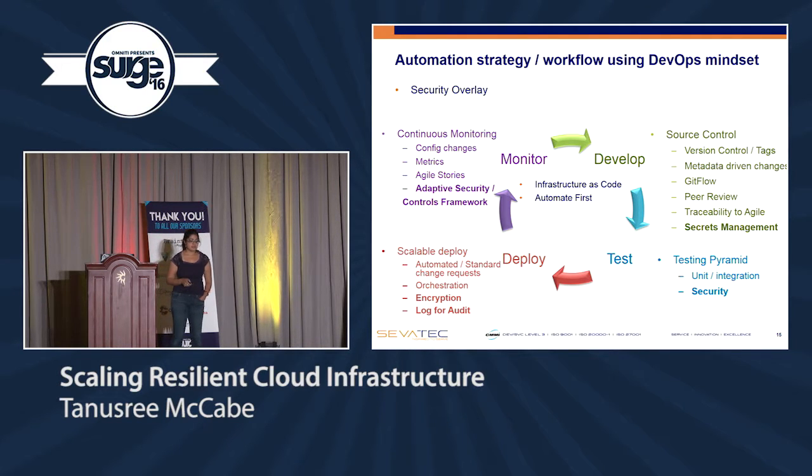And then from a continuous monitoring perspective, here I think is where the cloud is very powerful because of those APIs. You now have the ability to actually do adaptive security based on the controls framework. Now what do I mean by that mouthful? What I mean by that is you should be able to, working with the organizations, define your controls framework. So for example, take that VPC we're talking about, dev is different than prod, and maybe the rule is dev should never have an IGW. Well, guess what? That's now a control. Dev should never have an IGW.